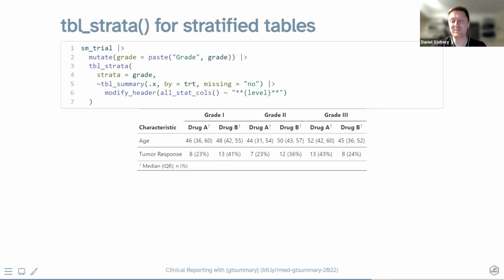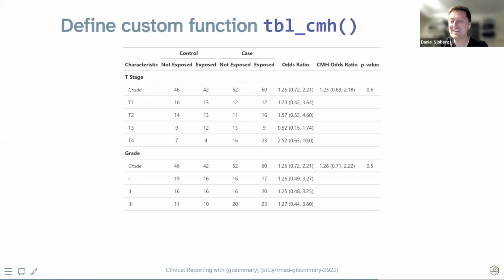So speaking of things that are helpful for my job, I once got an email from a group of epidemiologists, or maybe they reached out on GitHub or Twitter, I can't recall really. They said, hey, we love the package, but this is a table that we make all the time in the epi world. And I remember making this table in an intro epi course I took a long time ago, where we had some cases and controls. Were they exposed to our primary exposure, yes or no? And in this case, let's do it by stage. They did a stratified model by stage, so T1, T2, T3, T4. And within each of those T stage levels, they calculate an odds ratio.